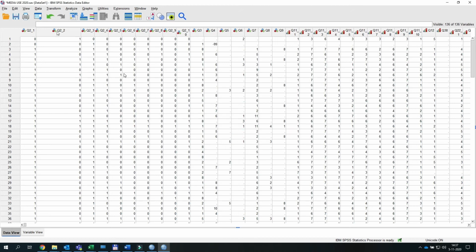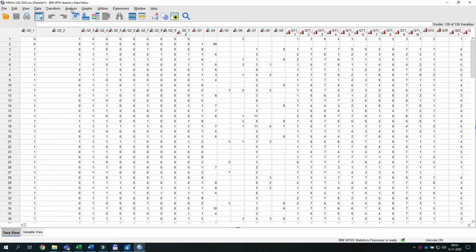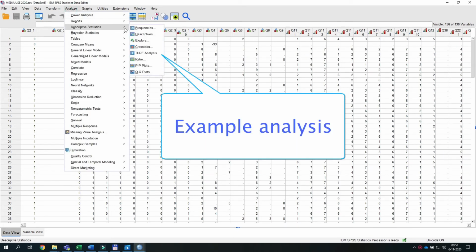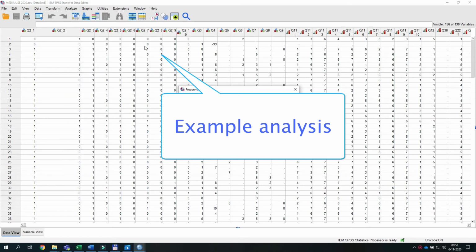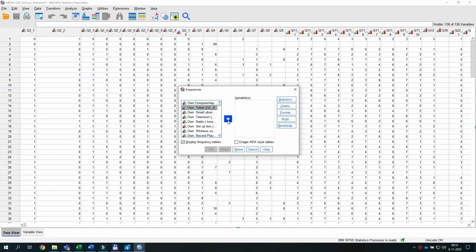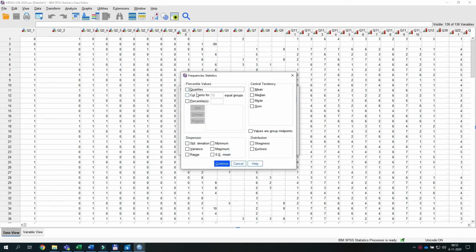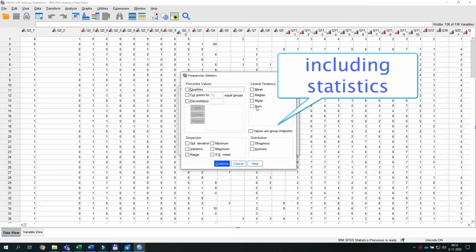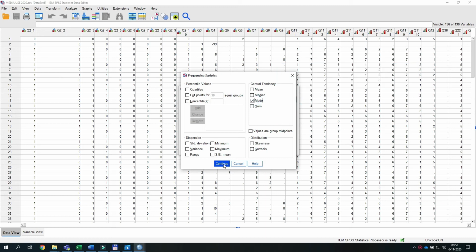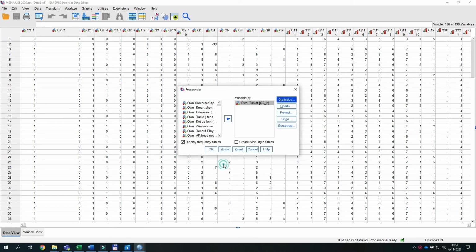I don't want to save this for now. Now I go back to Analyze and I do an example. So in our case I use again owning a tablet, yes or no, including the statistics belonging to that, and in this case it's only the mode. Press OK